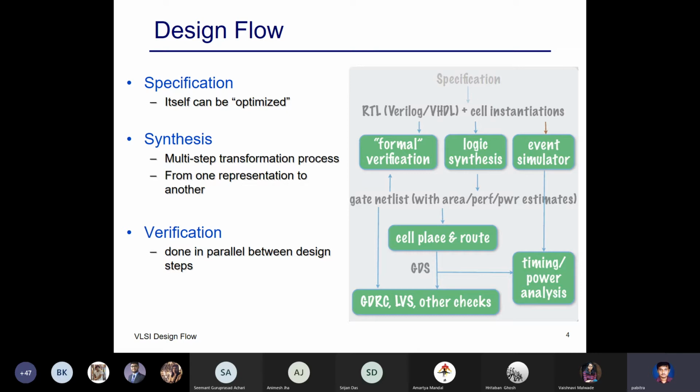But if it is not used so widespread as, let's say, a Pentium chip, then what you can do instead is design something called an ASIC chip, application specific IC. You send it to the ASIC manufacturer, and they will give you back the ASIC chip.